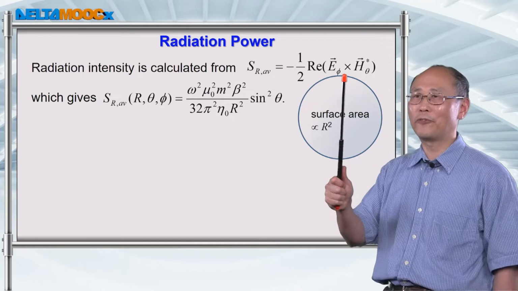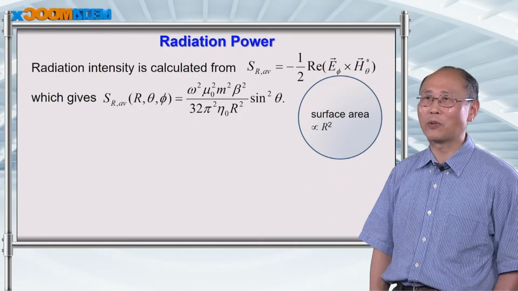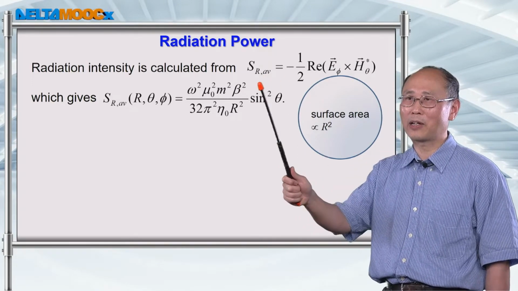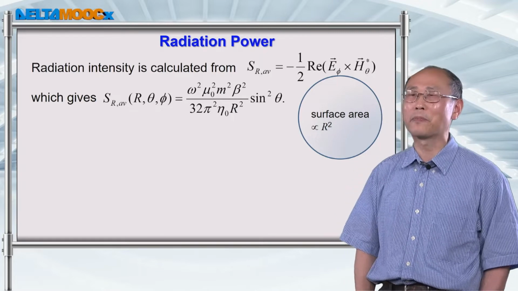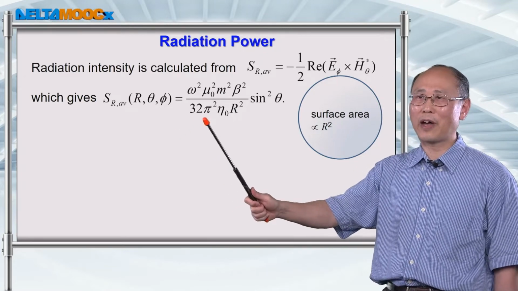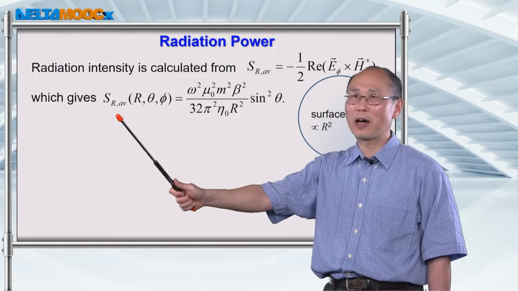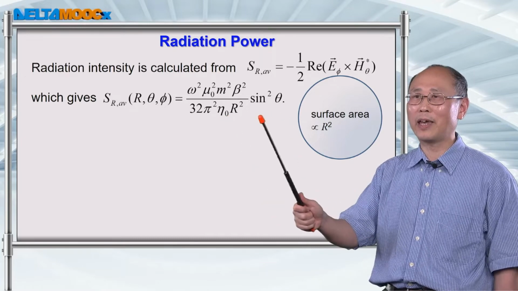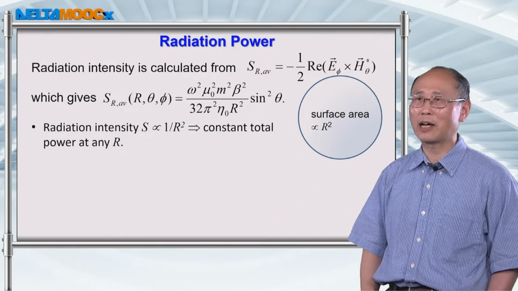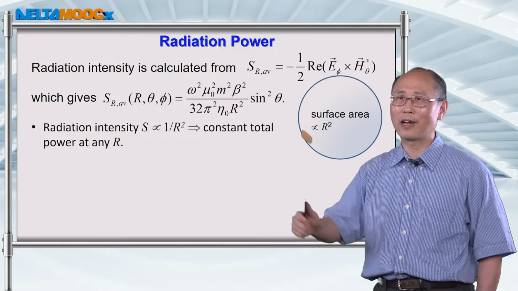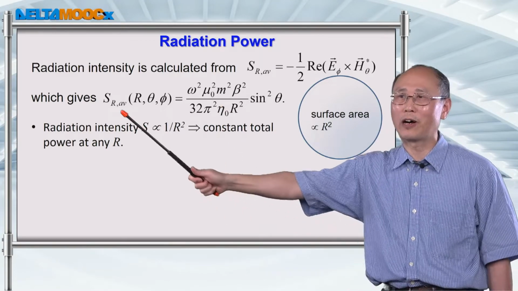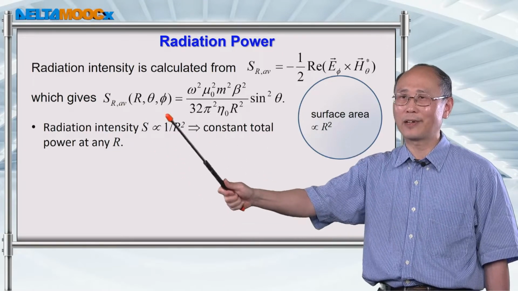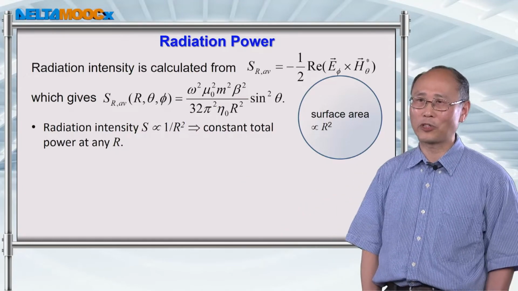So once we have the field components for the magnetic dipole antenna, we can calculate the average power density by writing this complex Poynting vector. And you can finally have this expression for the power per unit area for this magnetic dipole antenna. Again, you see this sine squared theta dependence in this average power flow along the r direction. And you also see the 1/r squared dependence from this S expression.